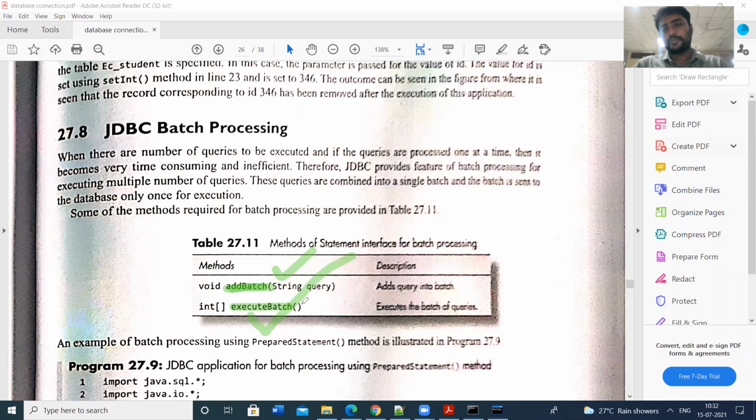So to perform JDBC batch processing, we have two methods. First one is addBatch, second one is executeBatch. By using these two, we can perform batch processing. It is nothing but simply the execution of multiple queries. So let us see.